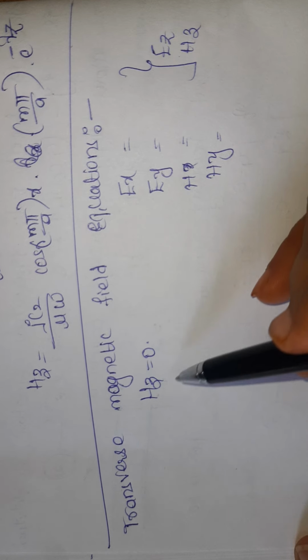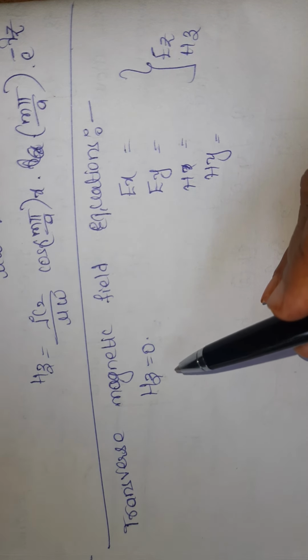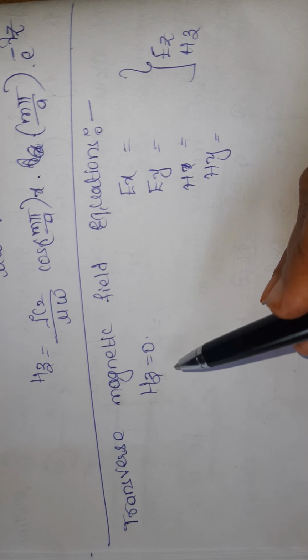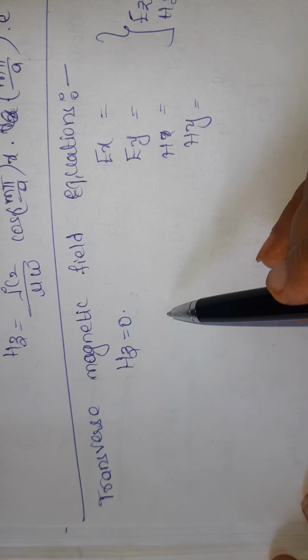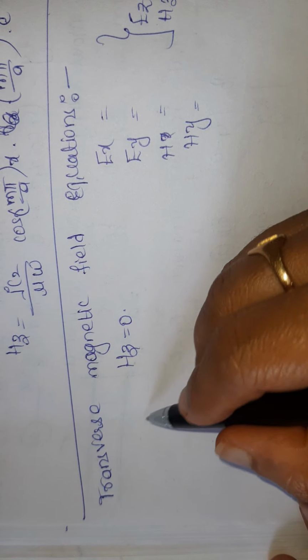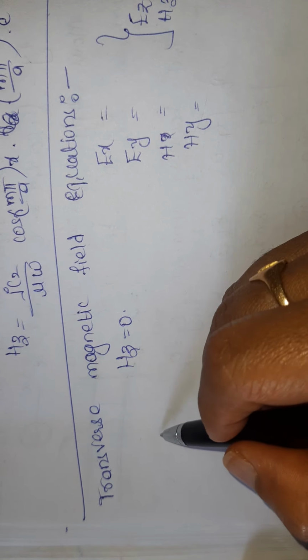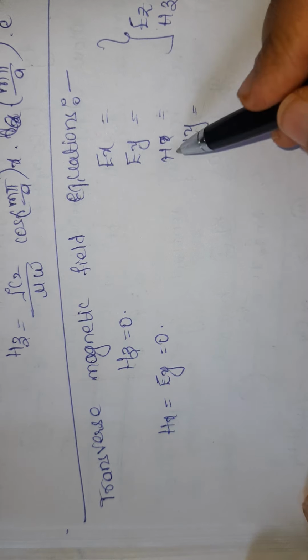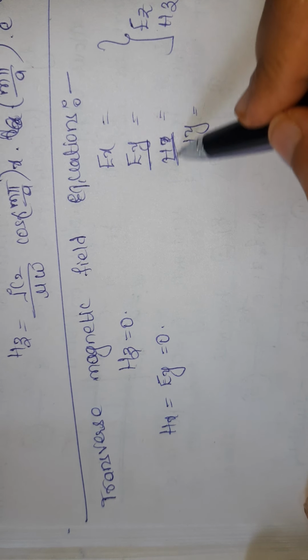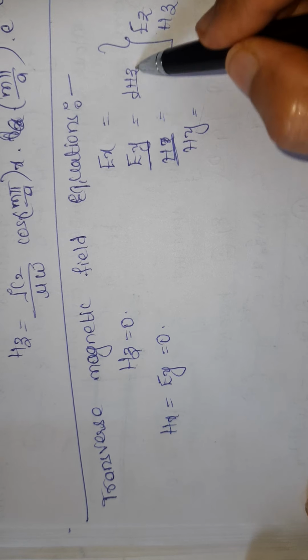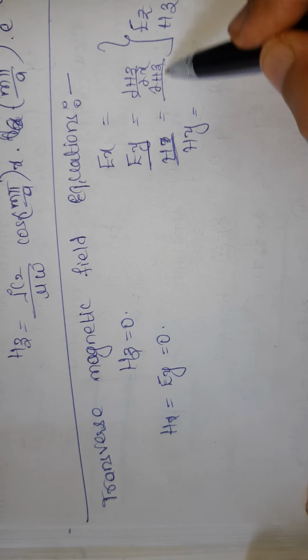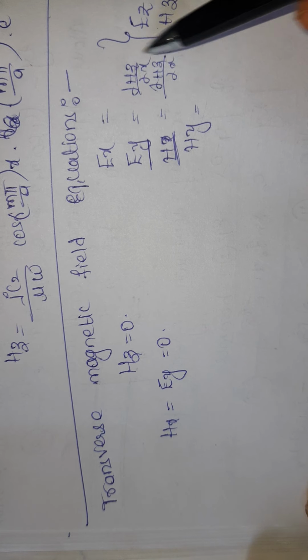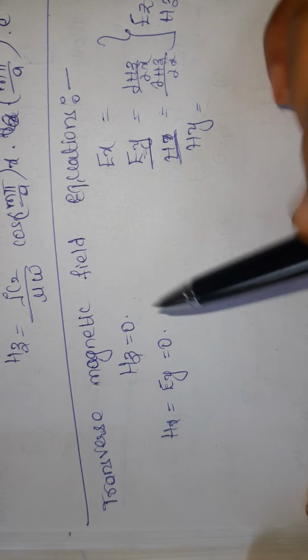components. So you have to substitute Hz equal to 0. If you substitute Hz equal to 0, which components become equal to 0, and which components are not equal to 0? You have to write it down here. If Hz equal to 0, from these field component equations, Hx equal to Ey equal to 0. Hx and Ey are the two equations which involve dou Hz by dou x. So if Hz equal to 0, Ey and Hx equal to 0.